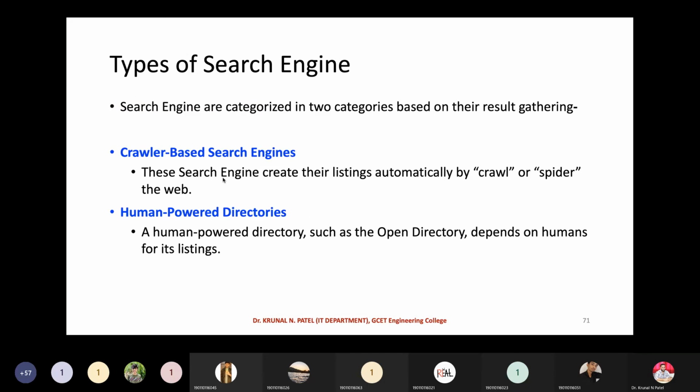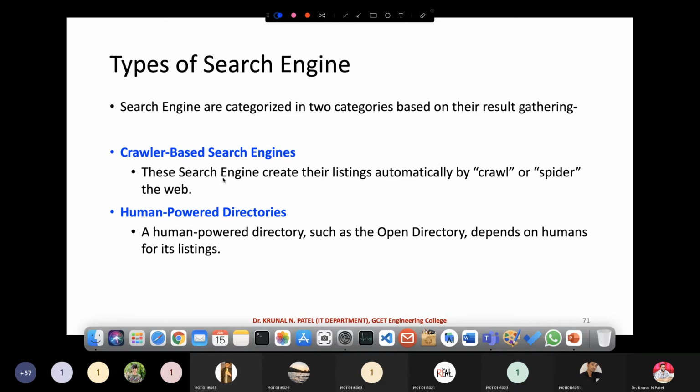Now, what is the meaning of it? Search engines are categorized into two categories based on the result gathering: crawler based search engines and human powered directories. The first kind creates its listing automatically by crawling or spidering the web.